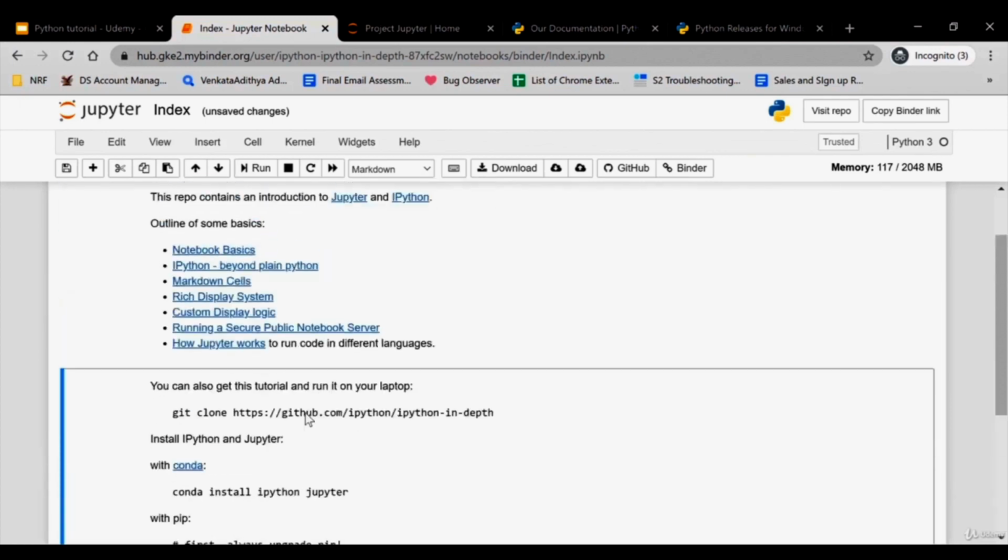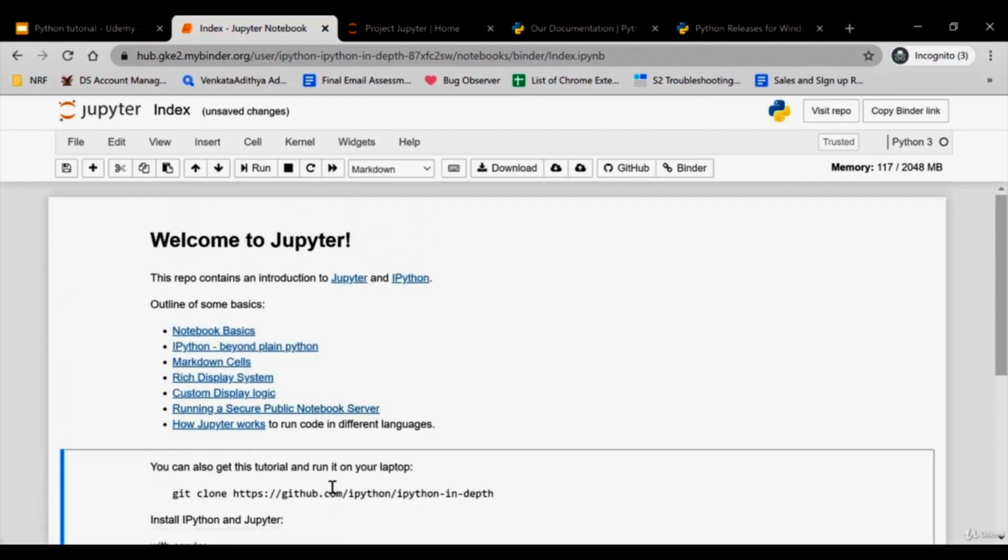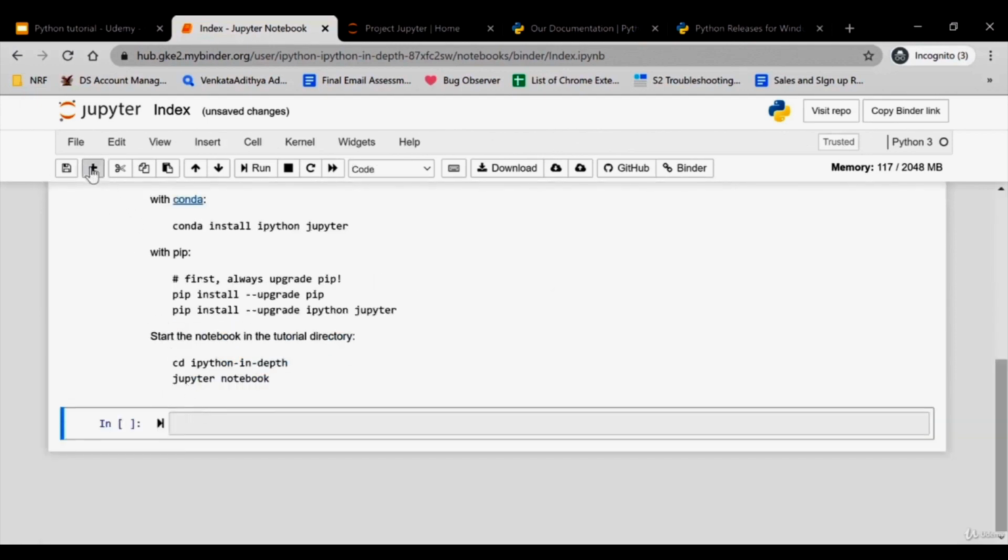That will show you the appropriate tutorials which will help you run commands using this environment. For now, I'll click this plus icon, which will open up an interpreter